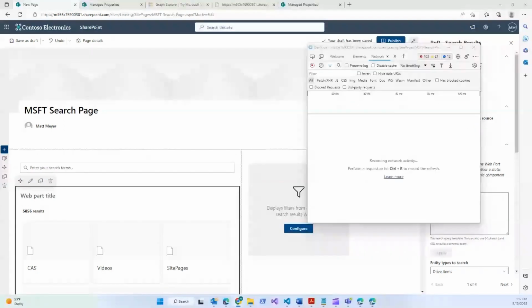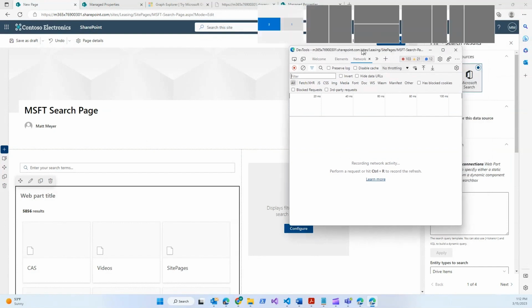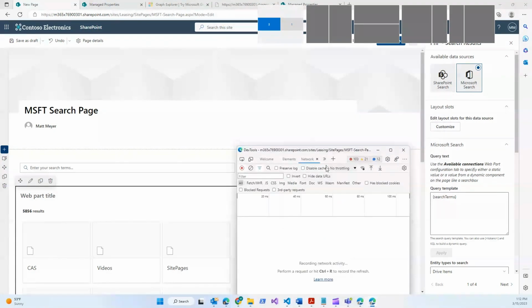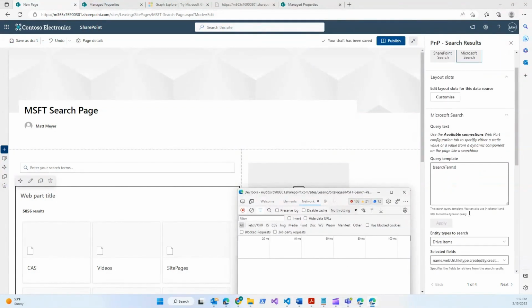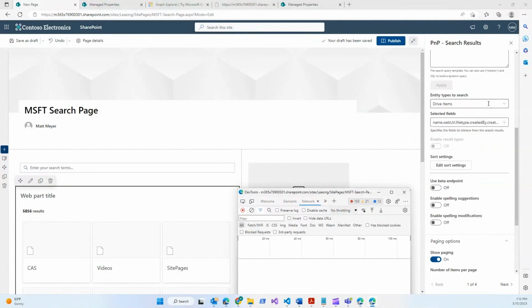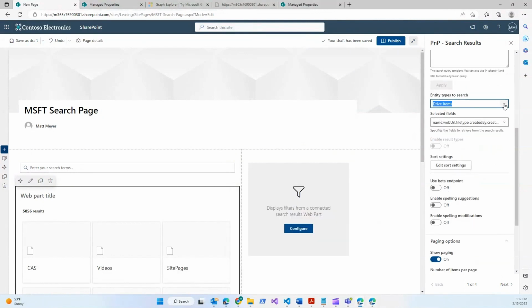So now we have our F12 out here, and what we're focused on is one particular thing, the network tab. The network tab is going to record basically everything that happens within this. So what I'm going to do is force a refresh. I'm going to change this in some way. So I'll change the entity type from drive items to, we'll say, list and list items. We'll do that real quick. Uncheck that,